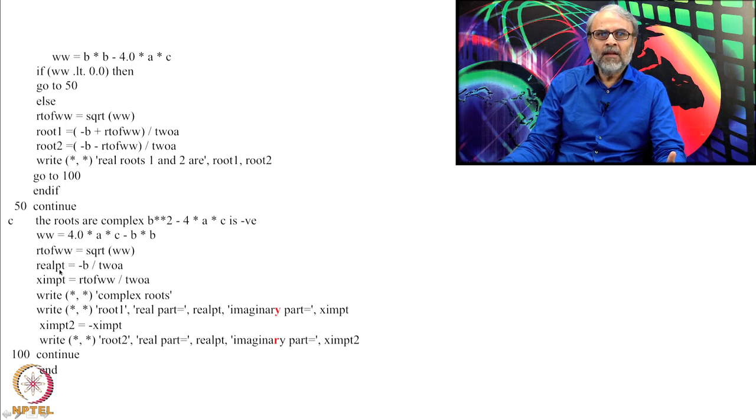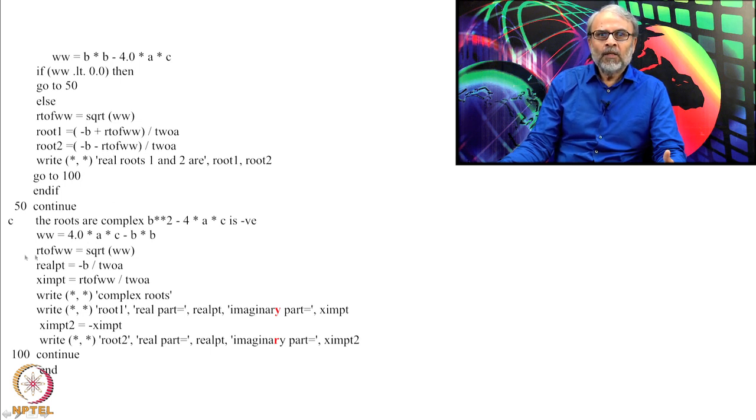Okay. Then we know that the real part is minus b by 2a. So, whether you have real roots or complex roots, the real part is always minus b by 2a, and if b square minus 4ac is positive, then it will add some more part, as you have done in the earlier case. You see here, you have added minus b by 2a plus square root of that. So, this is the first root and second root is minus of that.